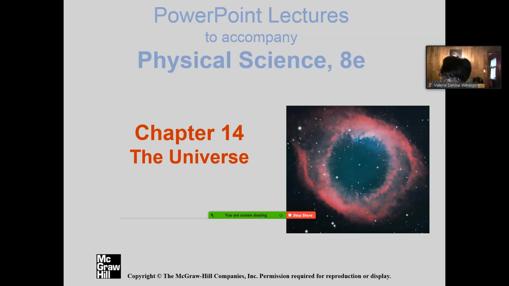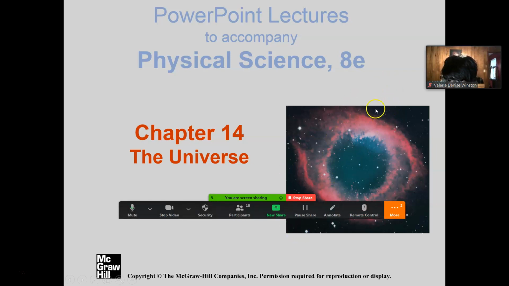Now, this is a very pretty picture, probably taken from the Hubble Space Telescope. What this is a picture of is probably what was a supernova. Okay? What happened? This star ran out of fuel. It couldn't produce any more fuel, and we'll be talking about what I mean by this later in this chapter. And it basically collapsed on itself and then exploded outward. So what you see out here are the gases.